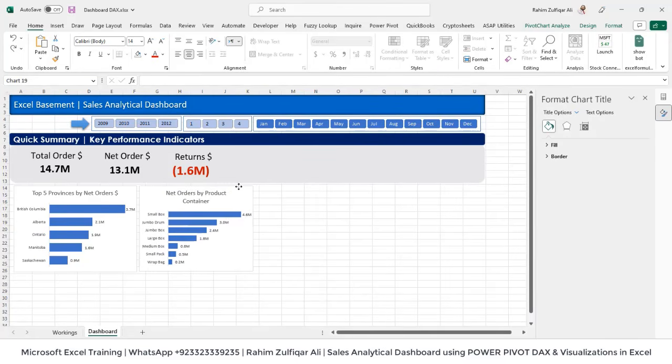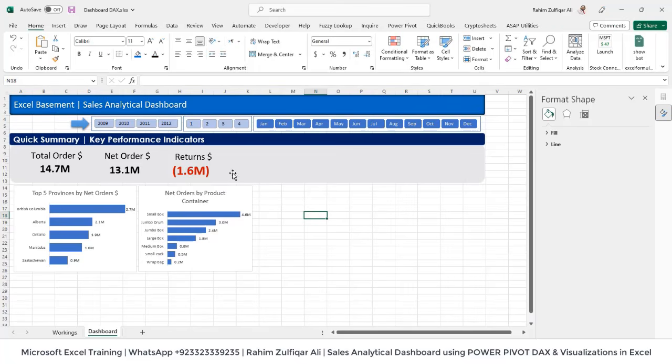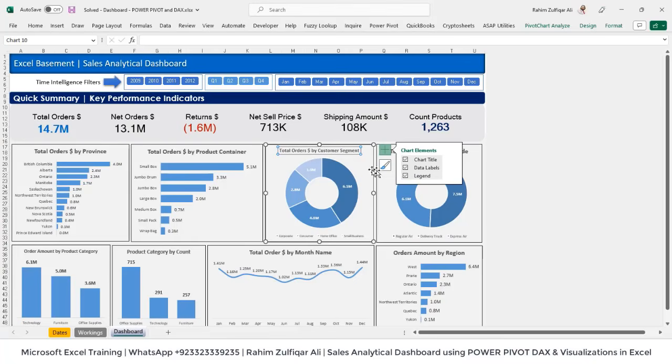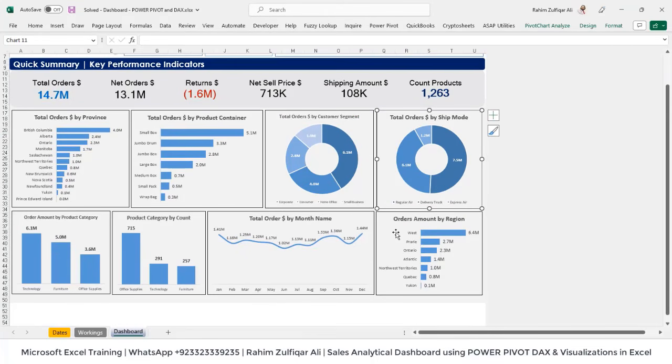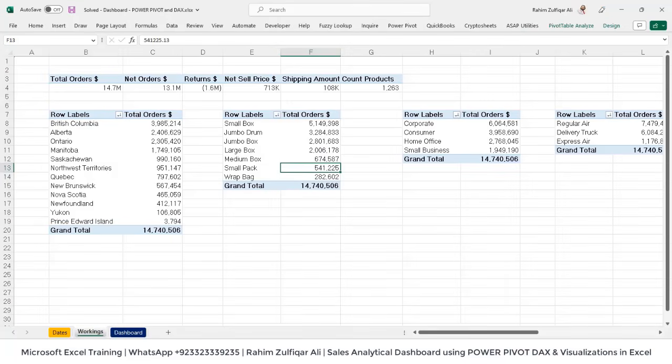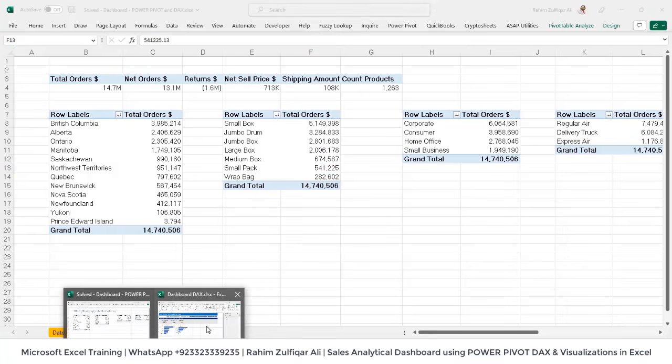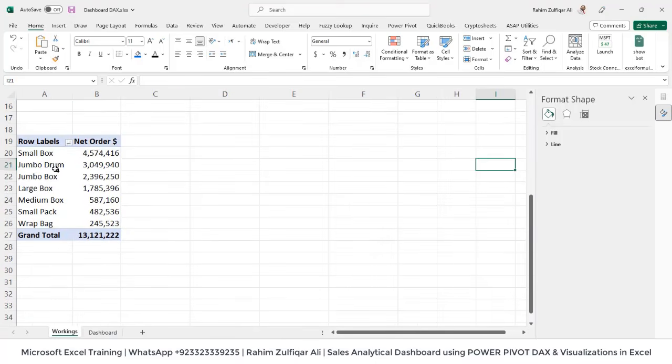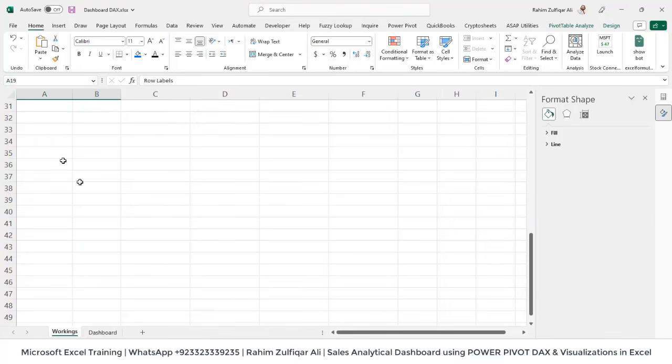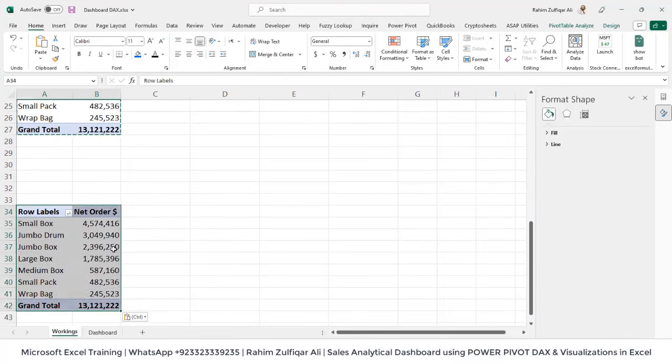If you are an intermediate Excel user and you create charts, you know how it's being working, right? Let's add 2 more charts to it, and we will be adding now 2 donut charts here, and you can already learn how to create a bar chart, and these are basically the column charts as well. Okay, so let's add chart total orders by customer segment. Okay, so for doing that, let's go to our main file where we are working. Okay, so again I will select this entire pivot table, copy, go to few rows below, paste it,